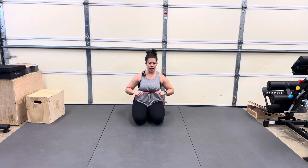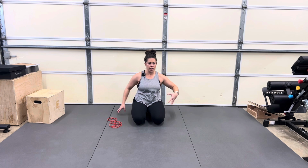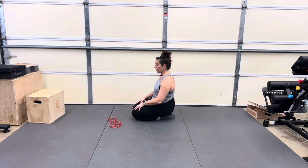And now we're going to do the same thing. And that is going to be breathing with a lateral direction. Two things to pay attention to if it's really challenging. You want to make sure that if you are in this seated position, you can be on your knees, you